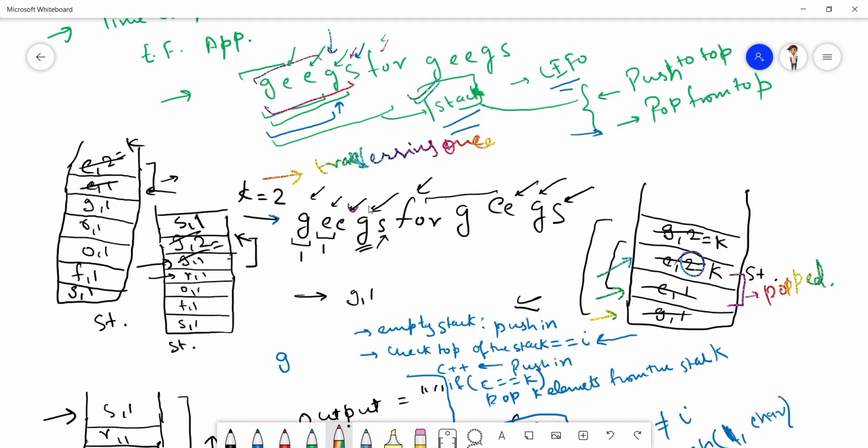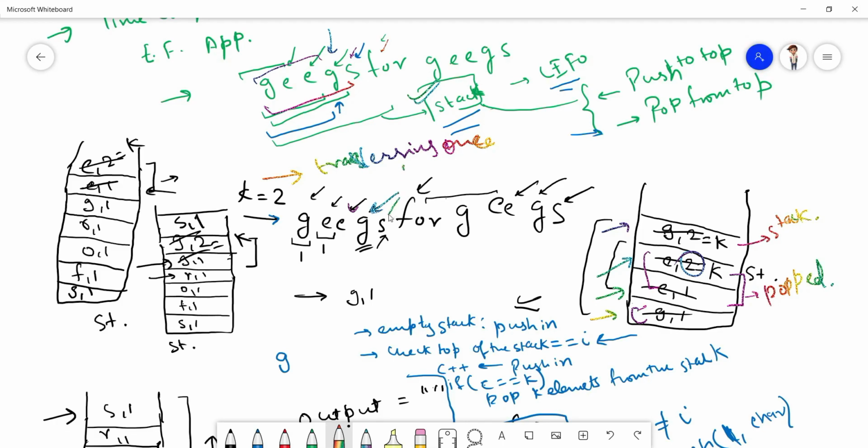Now we proceed again, we came over to G and we saw that the top of the stack was this after popping out these two elements. So the counter was increased and the counter was equal to k again, so we popped the stack again, right?